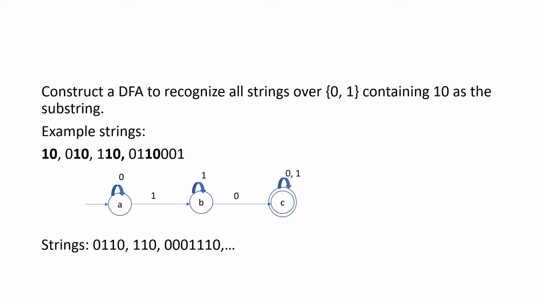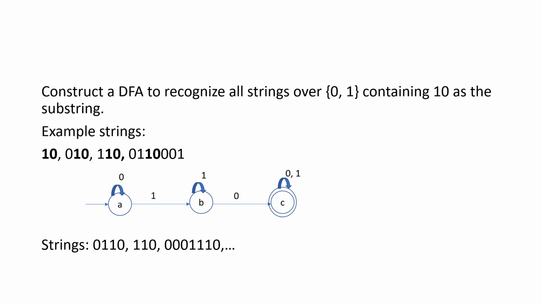Next, we have to consider the state C. C does not have any transition for the input symbols 0 and 1, so I will include a self loop. Here you can combine the self loop with the input symbols 0, 1, which means it generates all possible strings of zeros and ones. No problem, because starting from the starting state, I already get the substring 1 0 and am now in the accepting state. Whatever string I get after that is of no problem. It is not going to influence the string generated, because the pattern 1 0 is already generated. So a self loop is sufficient here.